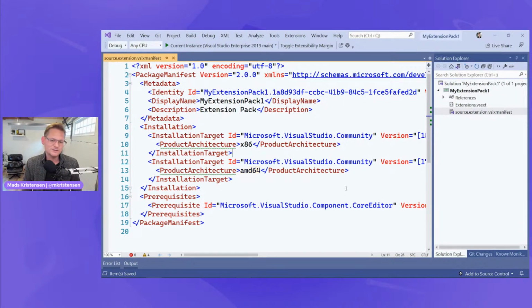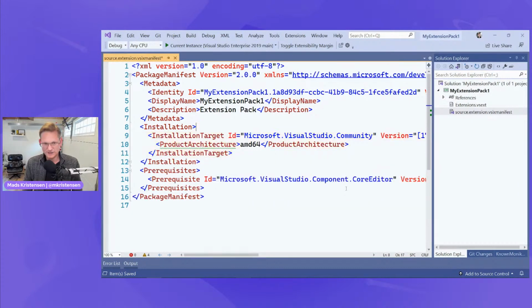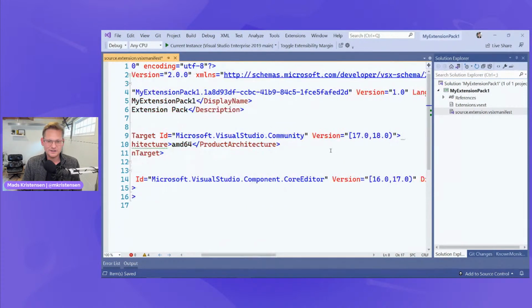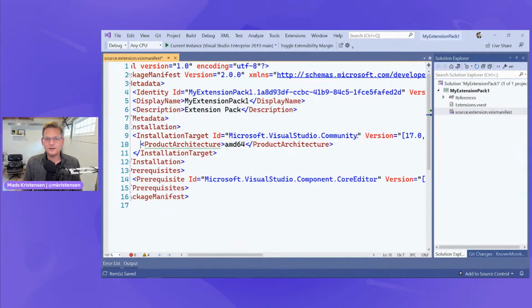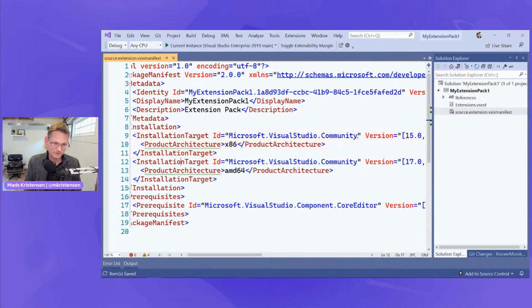I asked them, why can't we just do this? Why can't I just say 15? Because earlier versions than 2022 are going to ignore this thing, so they can install it just fine, right? So why not just do this? Well, it has to do with the fact that older versions of Visual Studio, unless you have the right Visual Studio mix or whatever of the VSIX installer, it doesn't know what to do. It can't install the right thing. So we kind of need both, which is not a big deal.